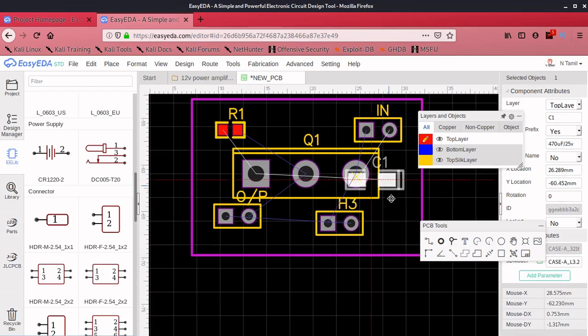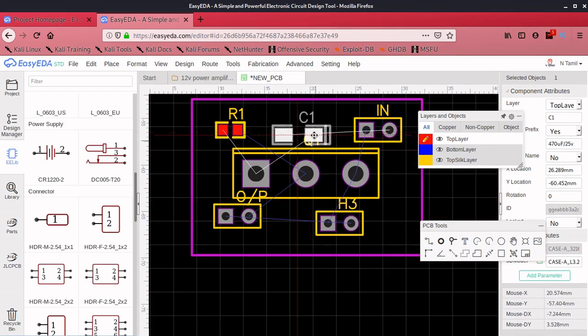I want to move a position because the company will really need a good PCB.